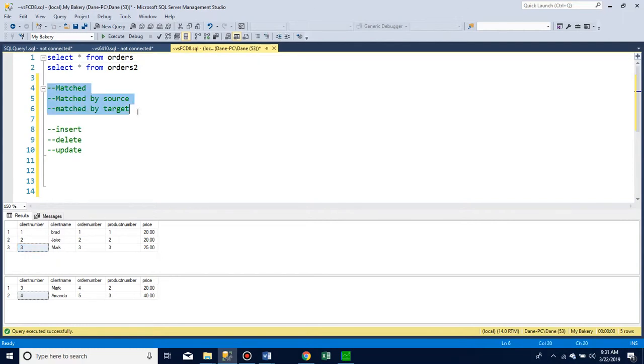So we're going to use a merge statement to do this. And here you can see the different types of matched. So if I just say matched, it means like here where Mark is in both tables, so we can have it just update for Mark because he's matched in both tables. And here you'll see source and target. Now since we're updating Orders 1, that's our target table, and we're getting the new information from Orders 2, so